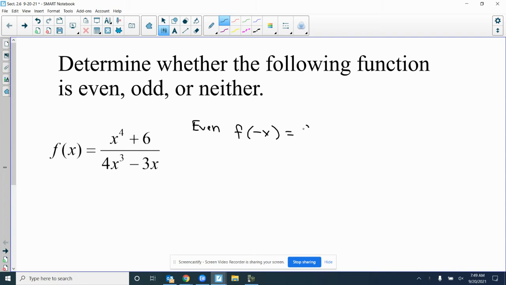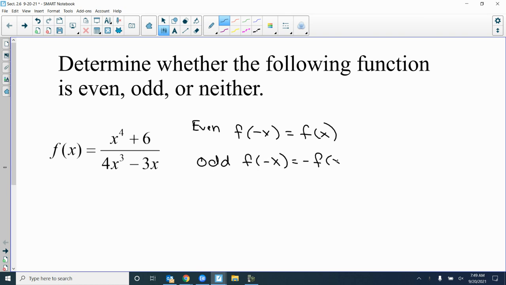f of negative x equals f of x, which means you'll get back the same function when you plug in negative x. You should be good with it. If it's odd, f of negative x will equal the opposite of f of x. Well, what does that look like? Okay, so the opposite of f of x